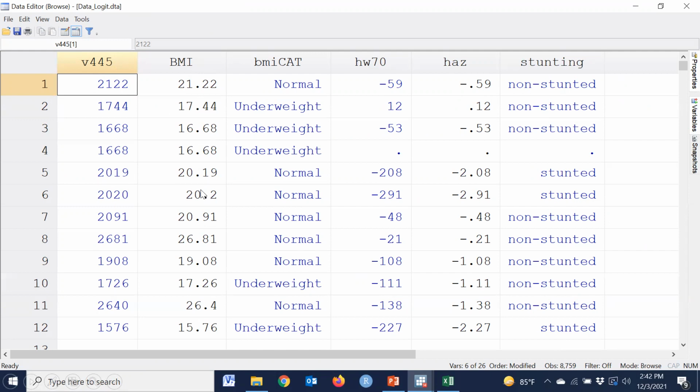Then we have to define the category variable underweight or normal, and we have used the cutoff point less than 18.5.